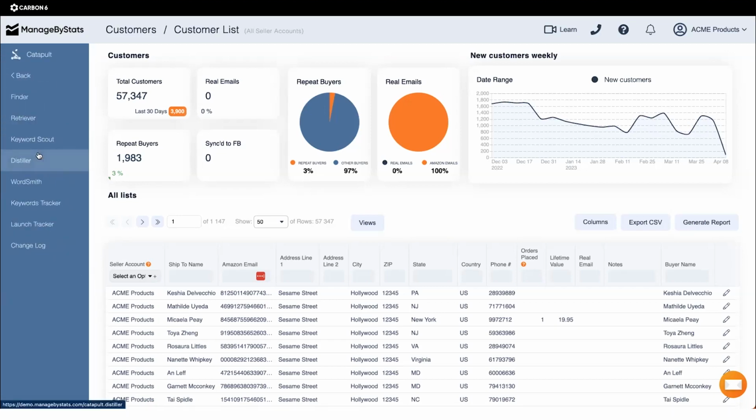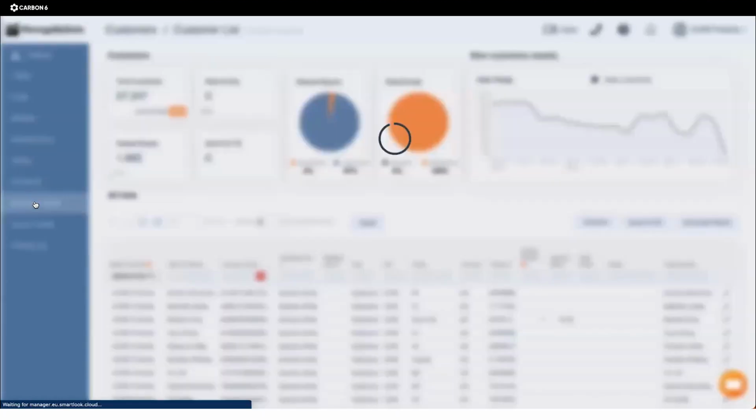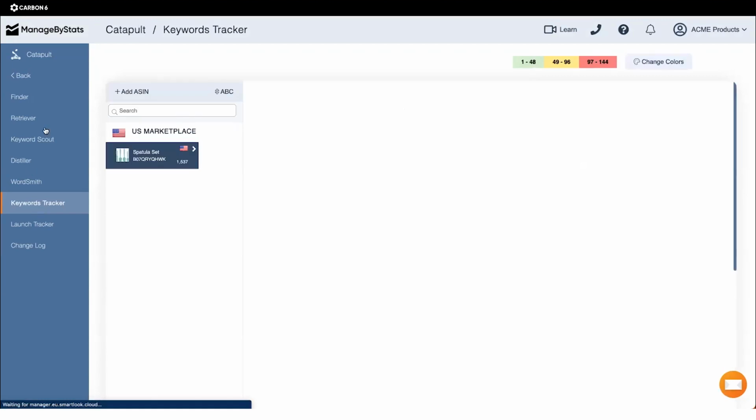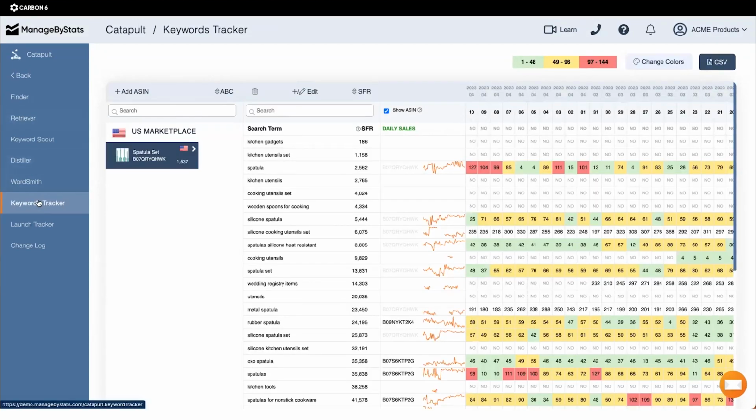Our catapult tools are all geared towards the concept of catapulting your listing. So how do we do a reverse ASIN lookup on your products to see which keywords you should be building into your listing? How do you take those keywords and build them into your listing, and then take those keywords and track how you're performing on them, right? So all of these tools are geared towards that concept of, okay, you have one or two products or you have hundreds of products and you want to optimize them. How do you go about making that process faster and easier?